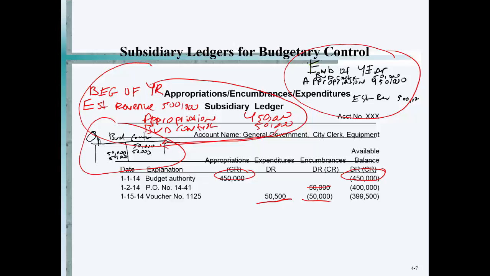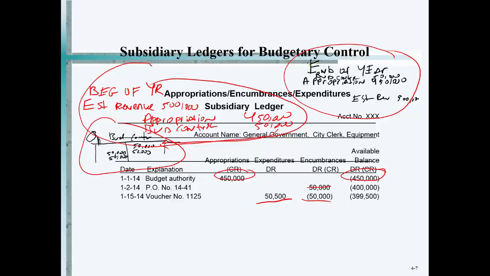At the beginning of the year, and I have written up here, beginning of the year, we would have done what? We would have debited estimated revenue for $500,000, credited the appropriation for $400,000, credited budgetary control for $50,000, right? Okay, so we have an appropriation as a credit of $450,000. Then what? Then during the year, we go ahead and we debit encumbrances when we order stuff, and that debit